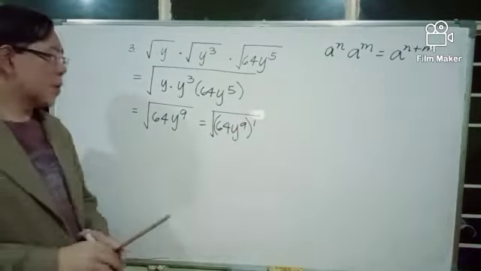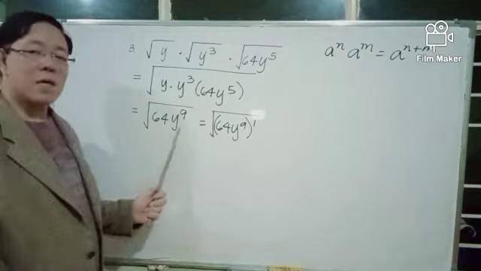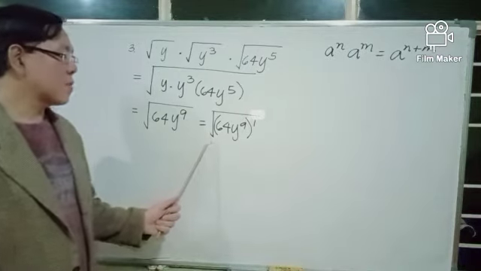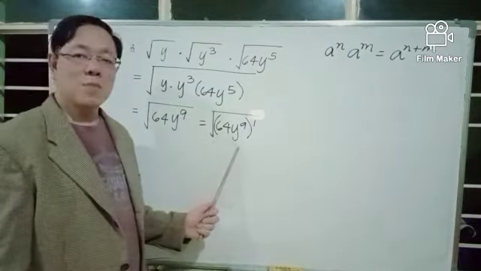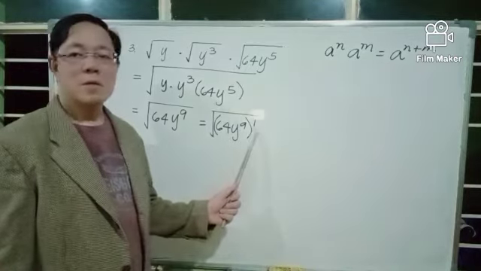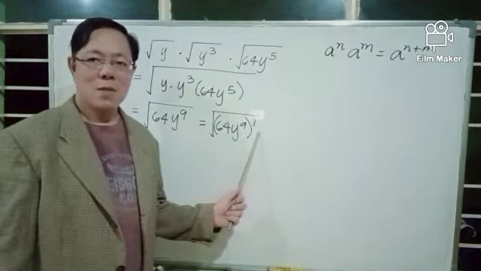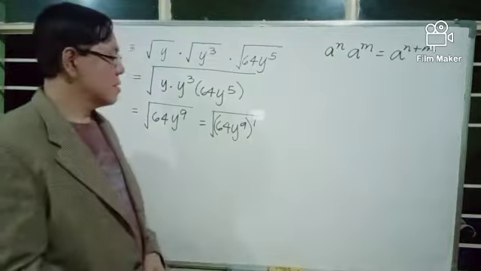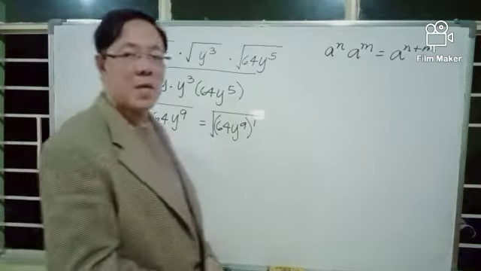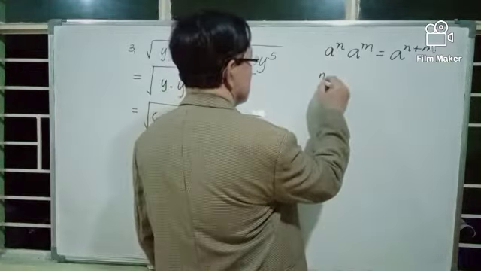Now I wrote the square root of 64y raised to 9 as the square root of quantity 64 multiplied by y raised to 9 to the power 1, so that we can apply this property of radical, the nth root